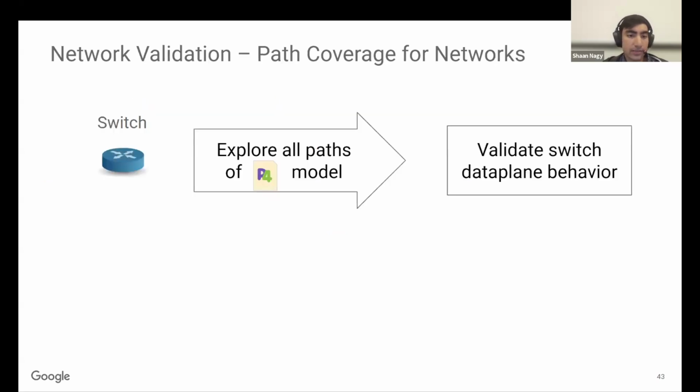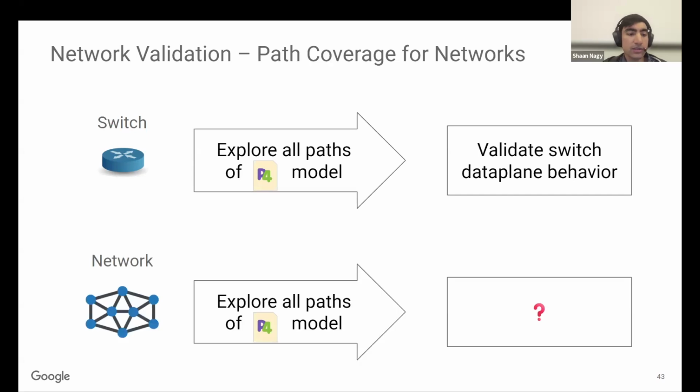So in this talk, we said that you can take a network switch, you can explore all the paths of its P4 model, and this is really helpful to validate the data plane behavior of the switch. If you think about a network, that's just a collection of switches. You can imagine exploring all paths of some P4-like model of the network, and similarly trying to get some sort of validation or verification over the network.